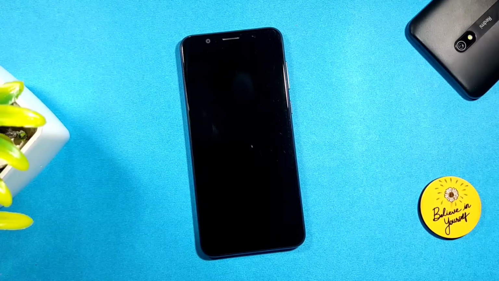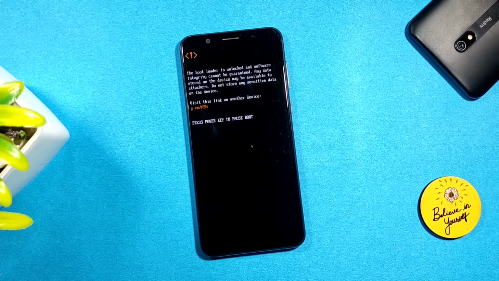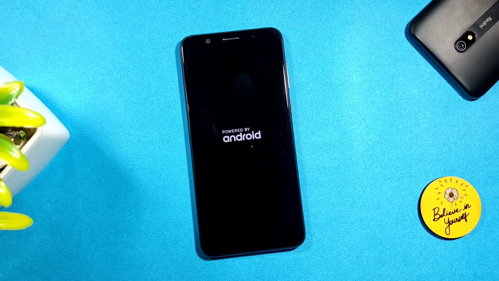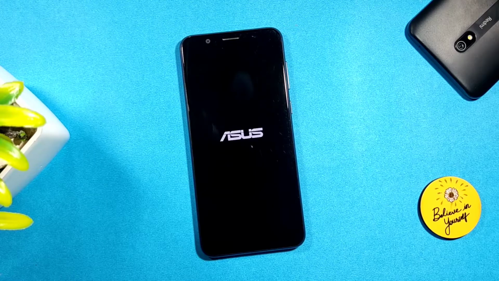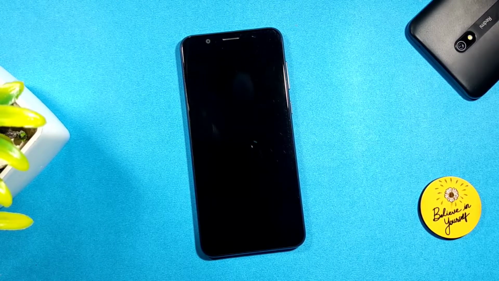If you want to change your default boot animation on your Android device running on Android 9, 10 or Android 11, but you don't like your default boot animation, then here is good news: you can change your boot animation to some exciting and new boot animation. I will tell you all the information about how you can flash these new boot animations on your Android device, but you need to watch this video till the very end and follow all the steps very carefully.